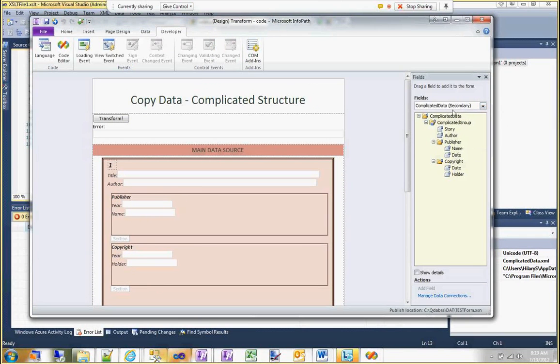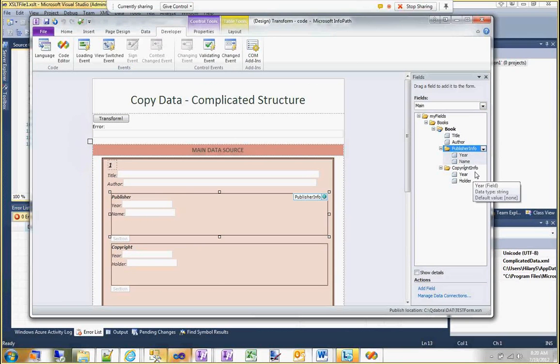I want to copy this data and take a note here where I've got publisher, name and date, and then copyright date and holder. I want to copy this data into my main data source, where I also have a repeating book group. And I do happen to have these same folders, wouldn't have to. And I've got things with different names and in slightly different orders than they are in my original data source. Now, the fact that I happen to have these grouping folders in here,